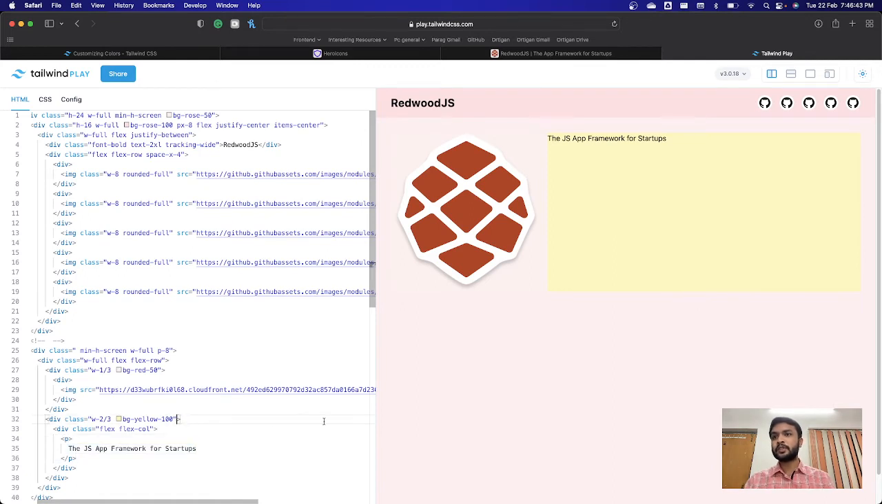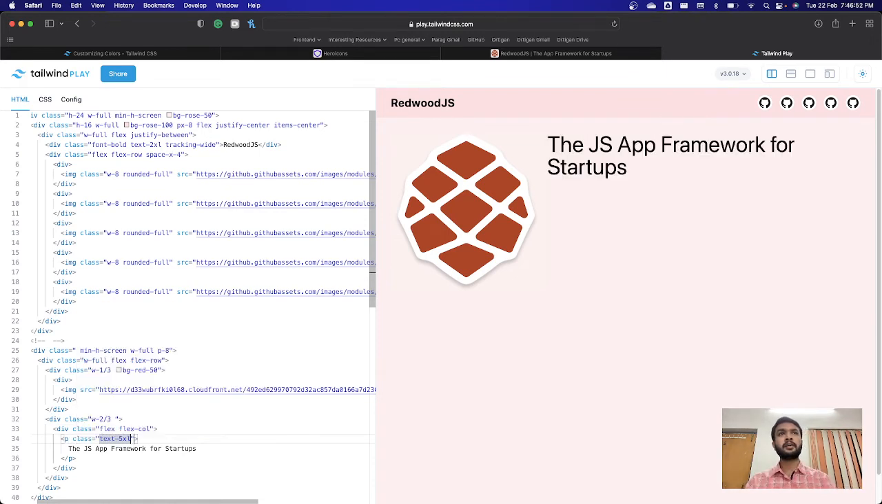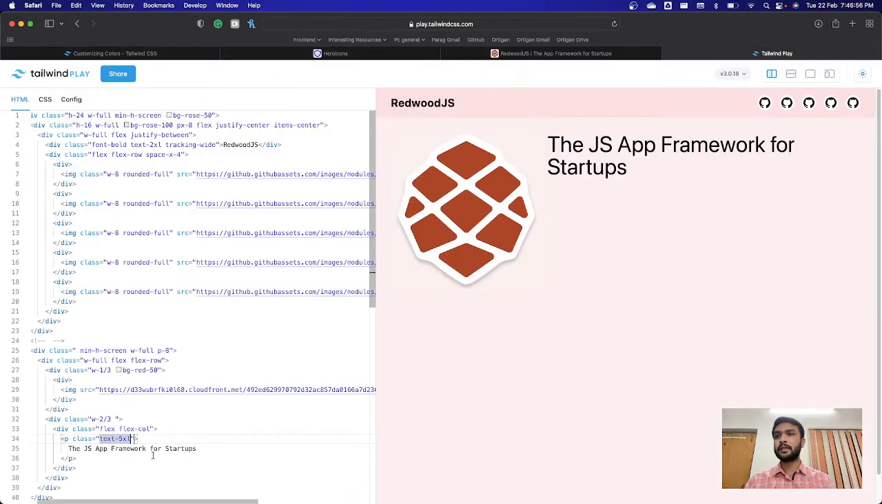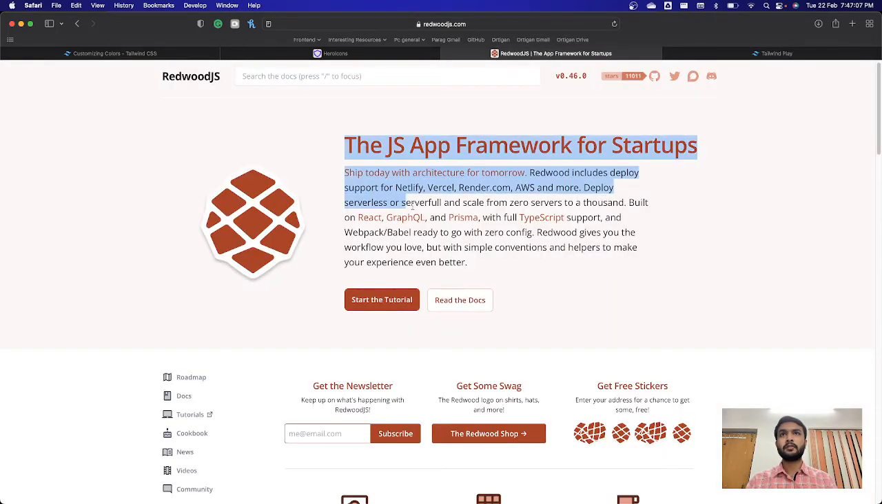I am going to remove this particular background. All right, class text-5xl. Okay, fair enough. This is good actually. Yeah, I think 4xl would also work in this case. Fair enough, that's good. Second thing is this paragraph. Let's try to copy this paragraph